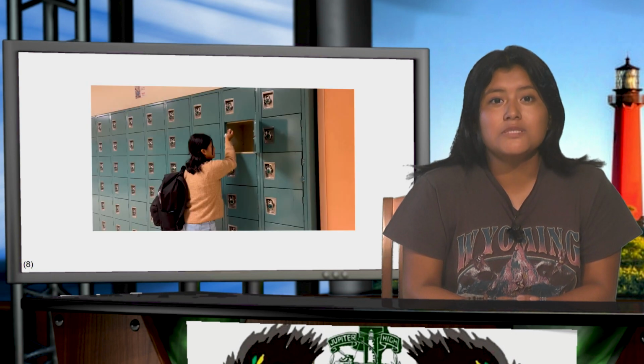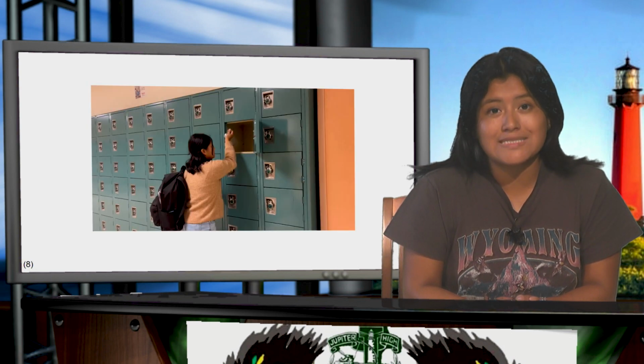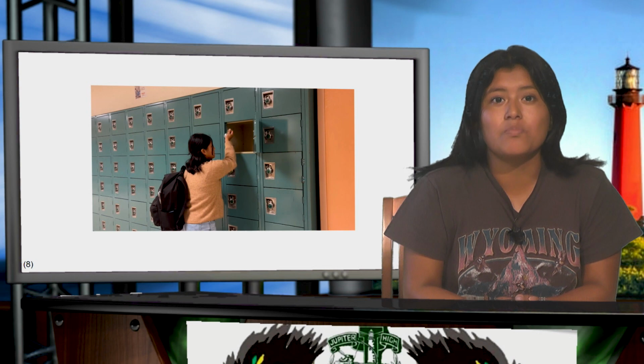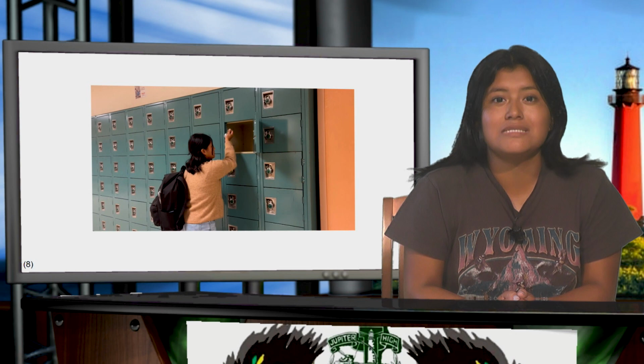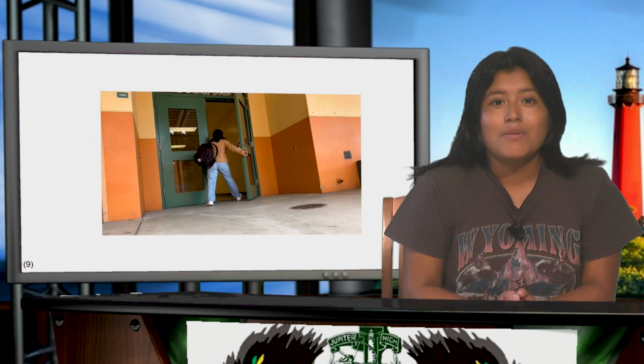Mise en scène, props. For our prop, we decided to use the protagonist's locker as a prop. The prop reveals that she is a high school student, and the locker scene is used to be a lead up to when she receives a mysterious text. In this scene, she is about to close the locker, and her frustration is going to be seen through her closing the lock.